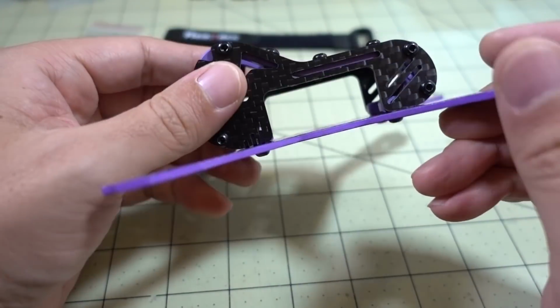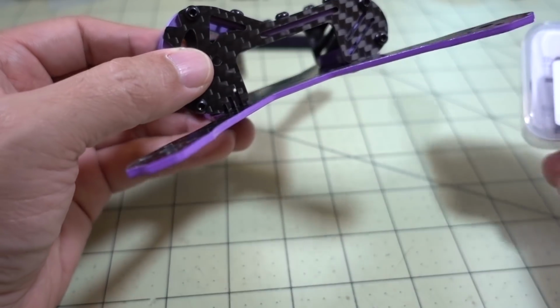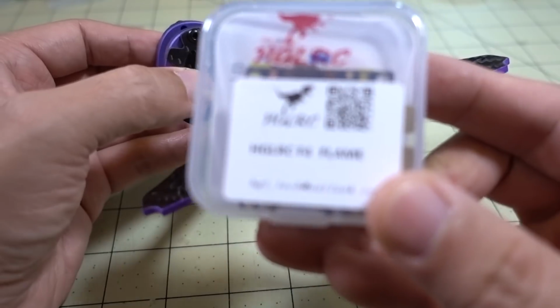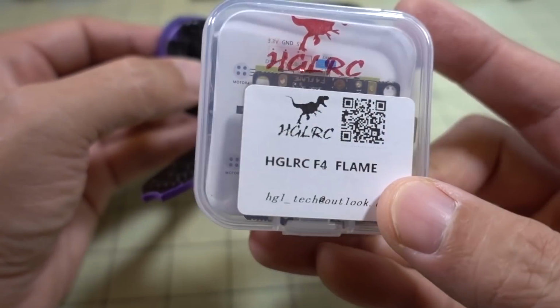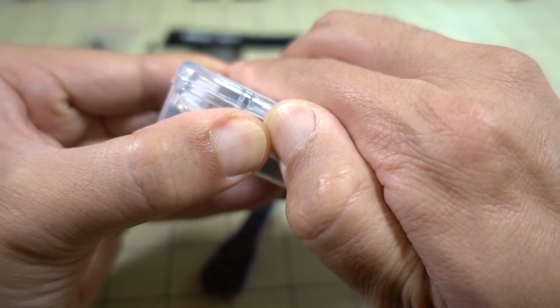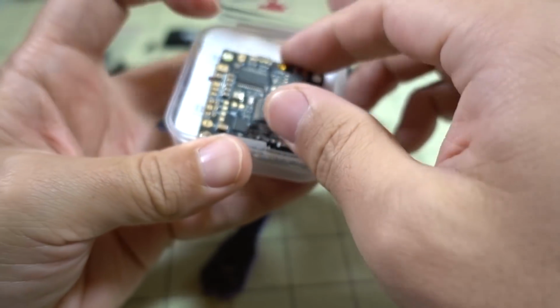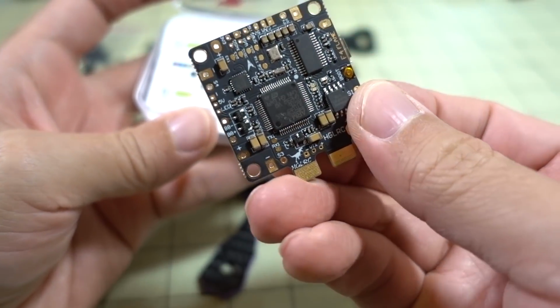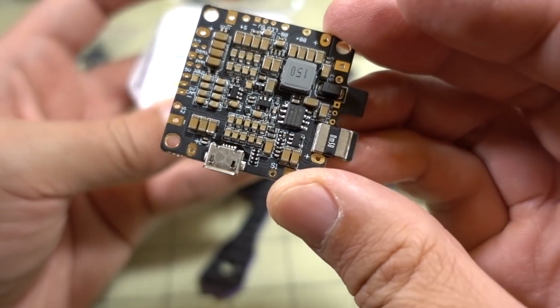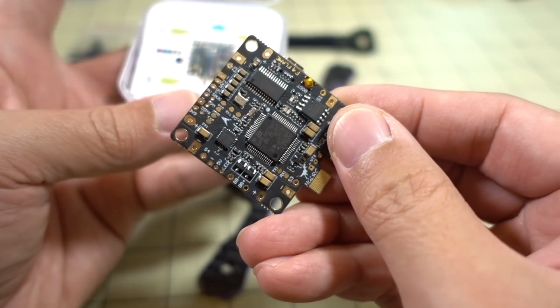So I'm actually going to be a little ambitious. I'm actually going to try and build this out with the HGLRC F4 Flame. And this is a single board PDB and flight controller combo. And I did a review in this a while back. So if you're looking to save space, something like this would be pretty good to use, and this might be